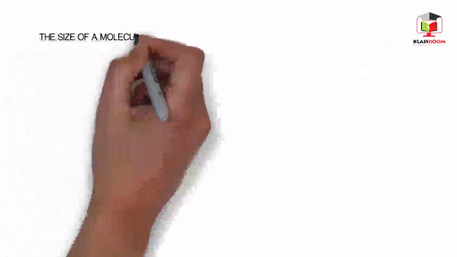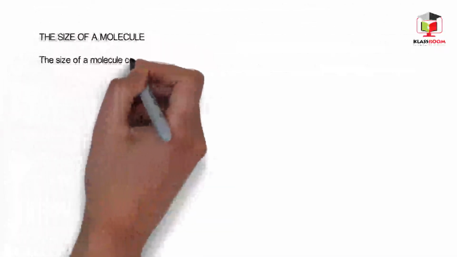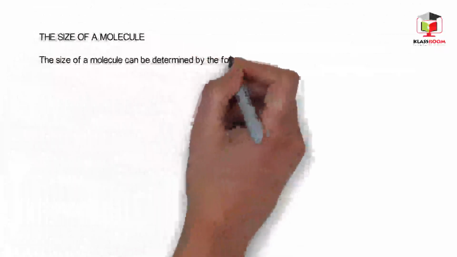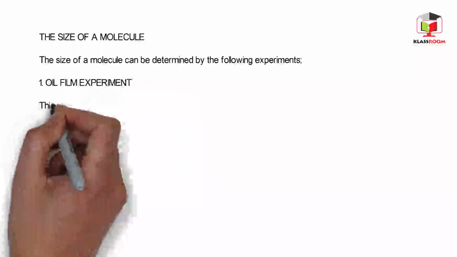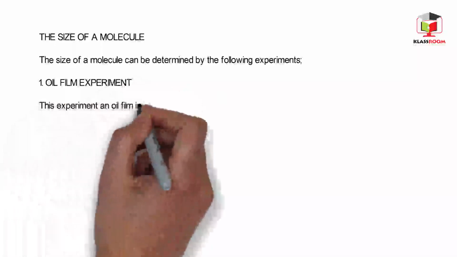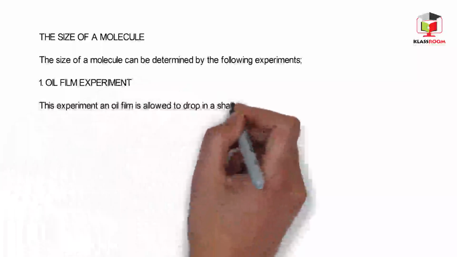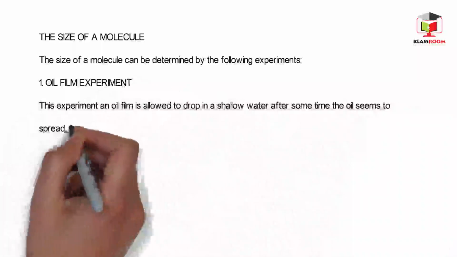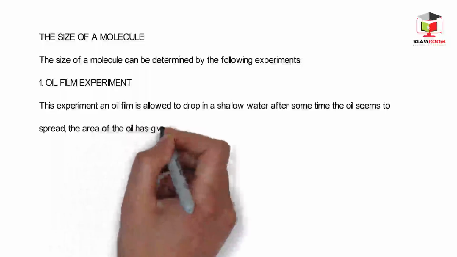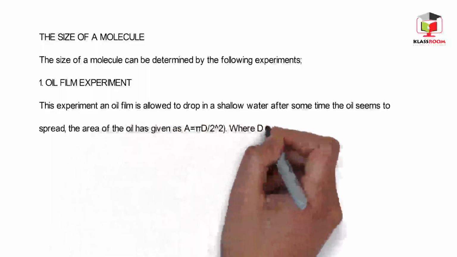Size of a molecule. The size of a molecule can be determined by the following experiment. Number 1, oil film experiment. In this experiment, an oil drop is allowed to fall on shallow water. After some time, the oil is seen to spread. The area of the oil on the water is given as A equals pi times (D over 2) squared,